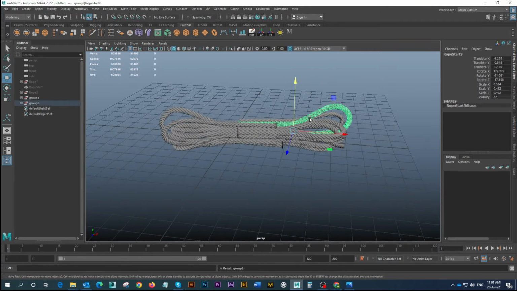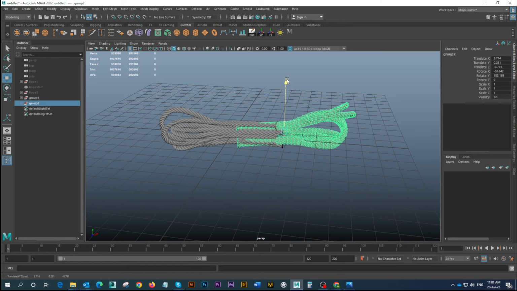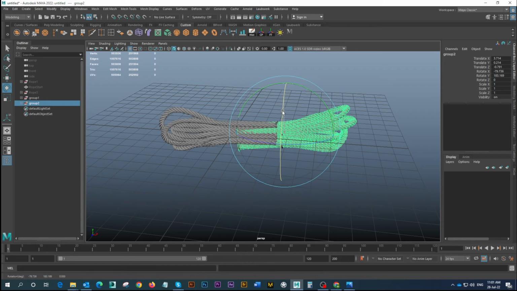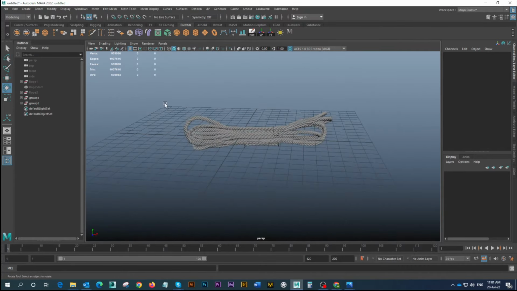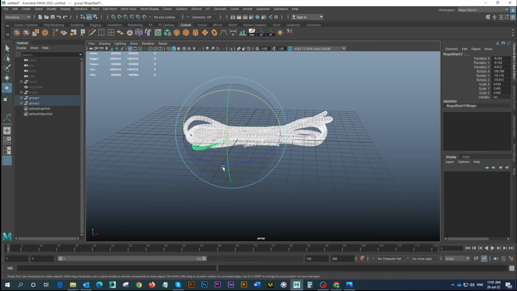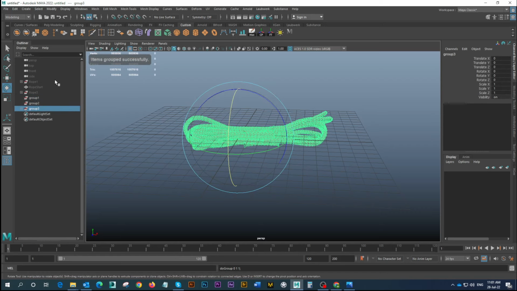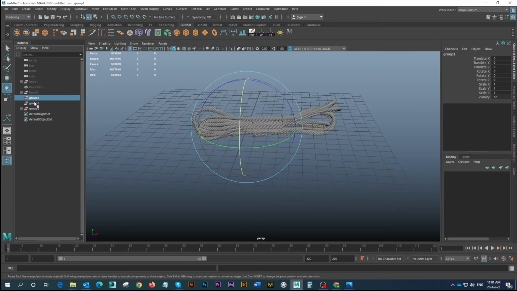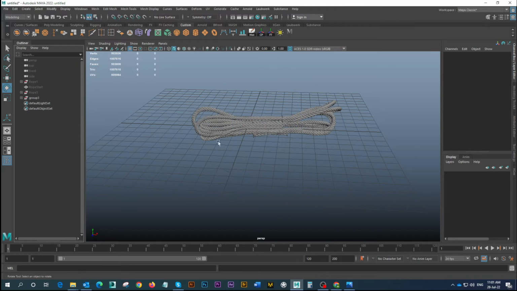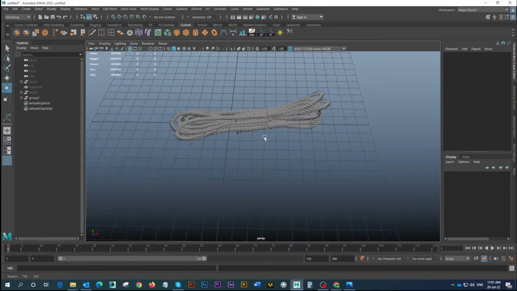Maybe rotate it. Maybe like this, and group it again, and let's delete history. This one just is not created here, and now we are going to